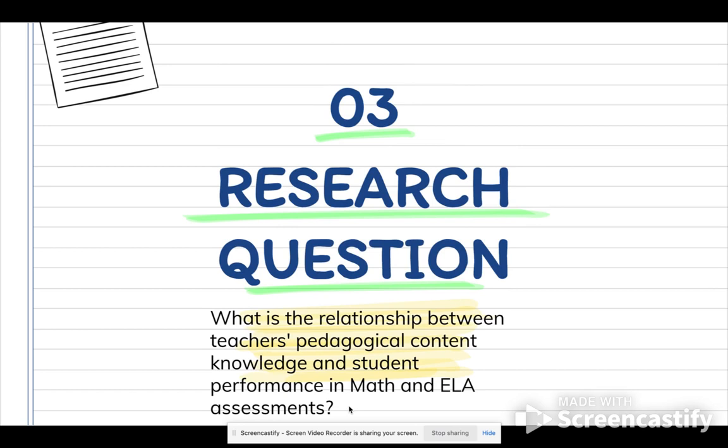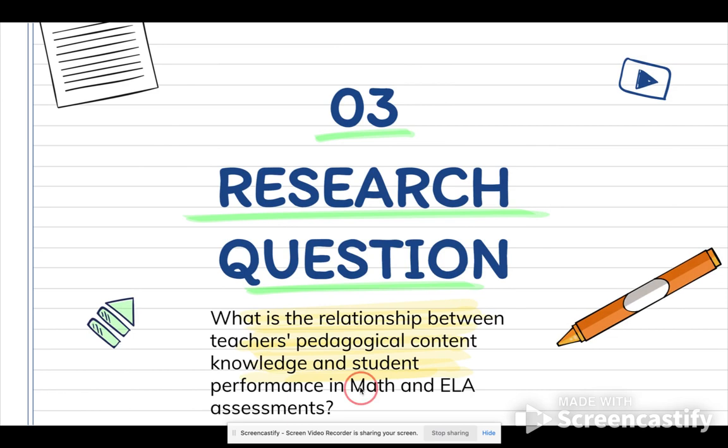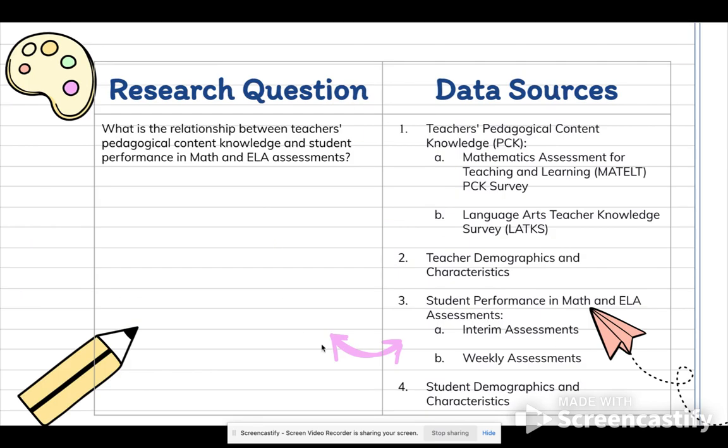The research question is, what is the relationship between teachers' pedagogical content knowledge and student performance in math and ELA assessments? Now, we are going to collect data for both the independent and the dependent variables. For the independent variable, we are going to collect data through surveys, which are the Mathematics Assessment and Teaching and Learning, and the Language Arts Teacher Knowledge Survey.